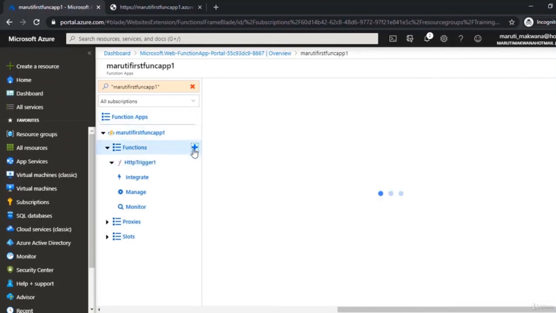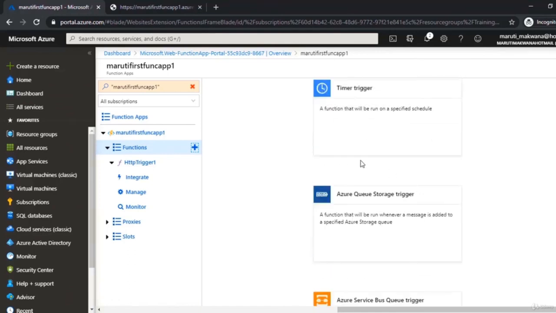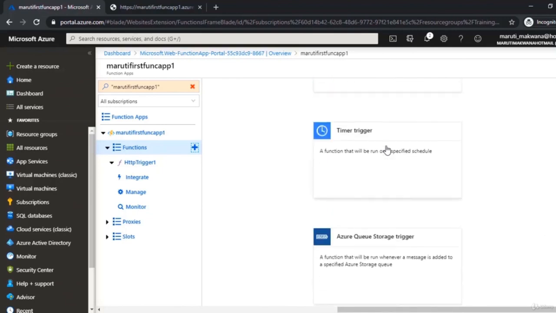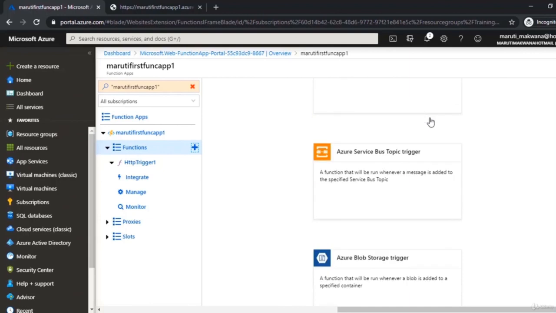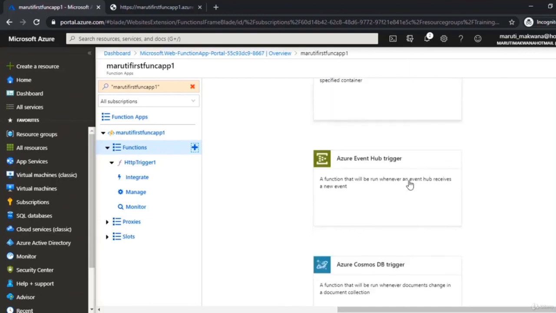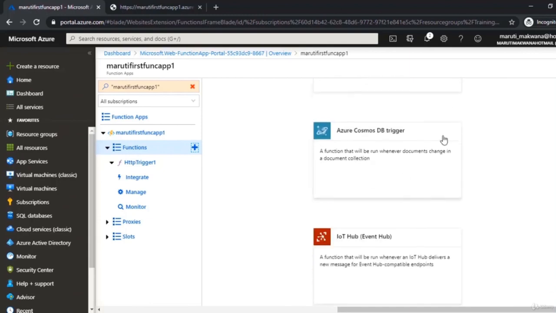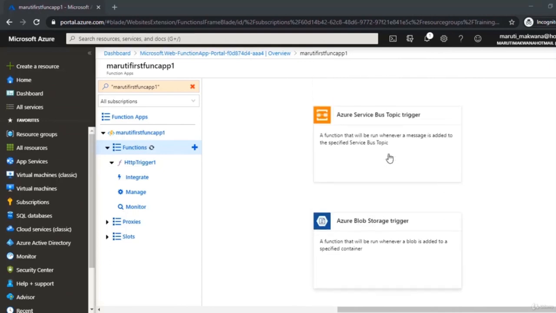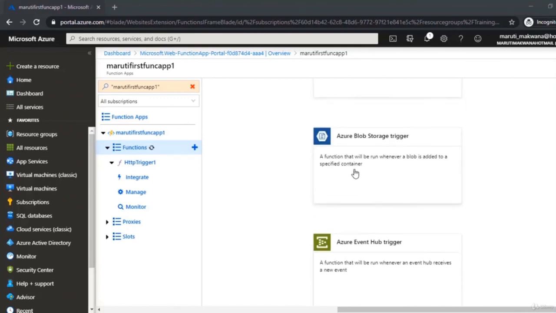In the same way, if I click on this plus, I have plenty of templates available, in which I have normal Azure functions, and we also have something called durable functions. You can see I have functions which are queue storage triggered, we have Azure blob storage triggered functions, and we have Cosmos DB triggered functions. Now, right now I do not have any Cosmos DB in this account, but if I scroll up, we have something called blob storage triggered.